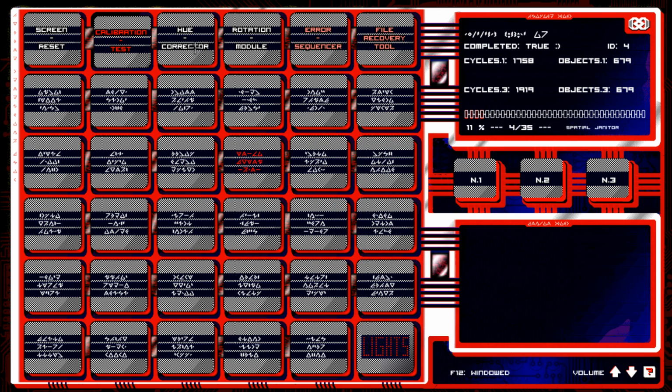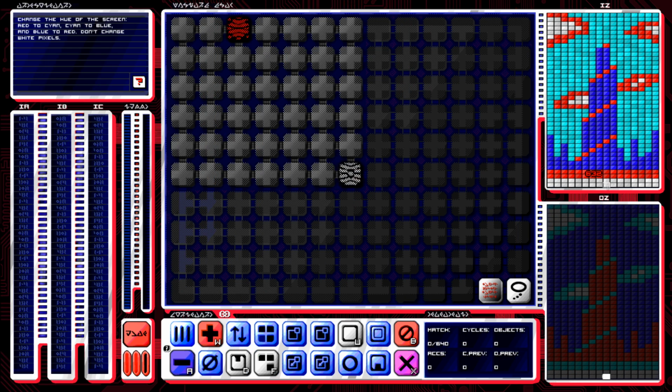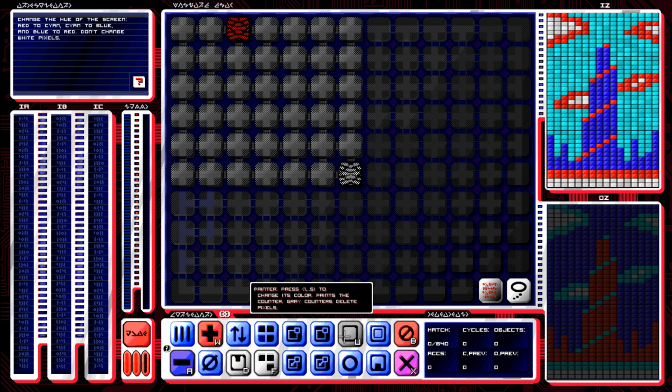I might leave my code on the screen, but if you look at the hue corrector, this one's fun. This adds a couple more blocks, which are color sensors. They basically sense the color of the coordinates associated with the counter on the block. And, oh no, this one senses the color of the block that comes through, and you can actually push out the light blue ones, the red ones, the dark blue ones, etc., a different direction instead of having them all go through one path. You can set it up so my reds go to the right, my blues go to the left, etc. It also introduces